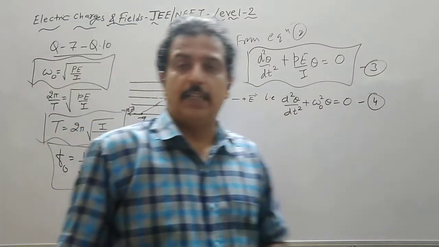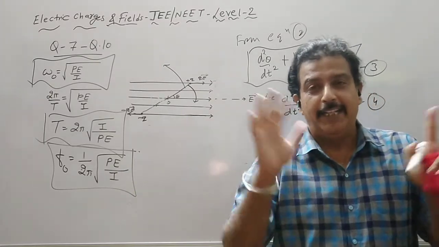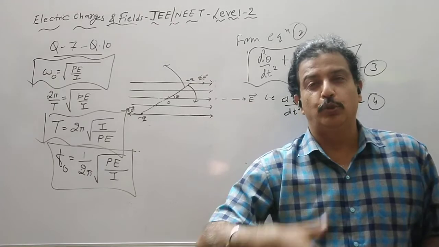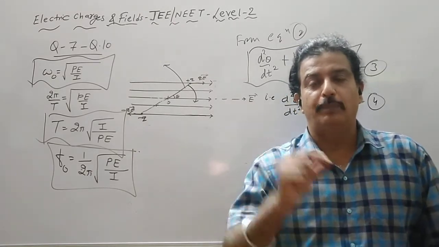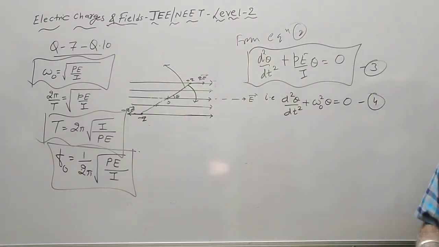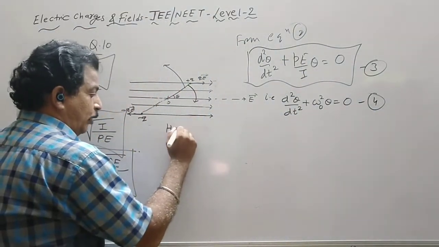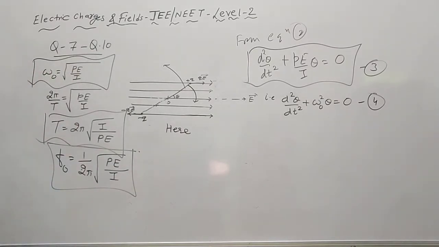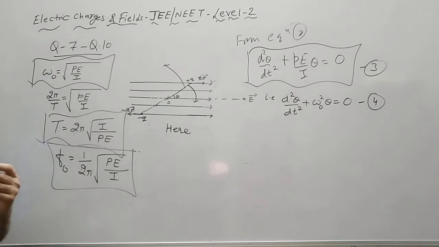So it is proved that whenever a dipole is placed in a uniform electric field and it is aligned in the direction of the field, now you do the work and rotate it by a small angle and let it be free, then it will perform simple harmonic motion, and these are the different physical quantities. Here I is the moment of inertia. Now we have to find the value of I, the moment of inertia of a rod about its center. So in MCQ 7 to 10, we have to find the different physical quantities.